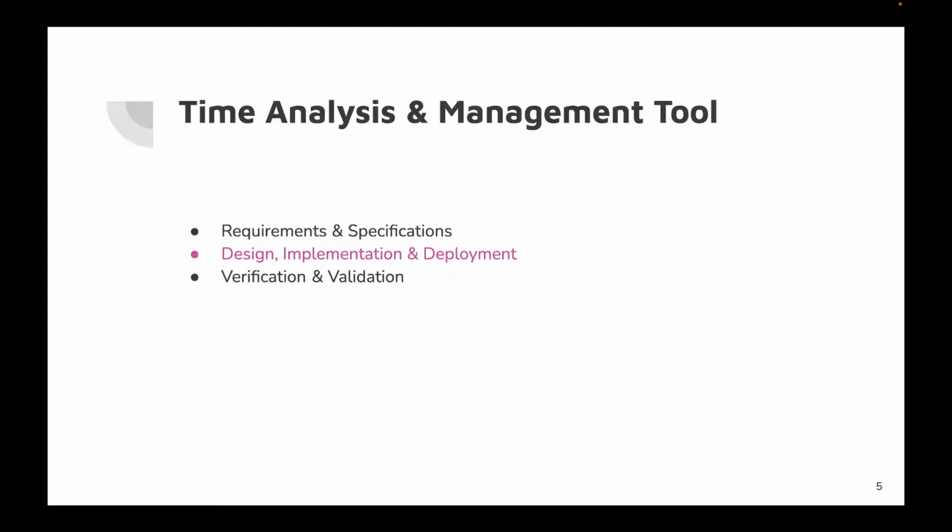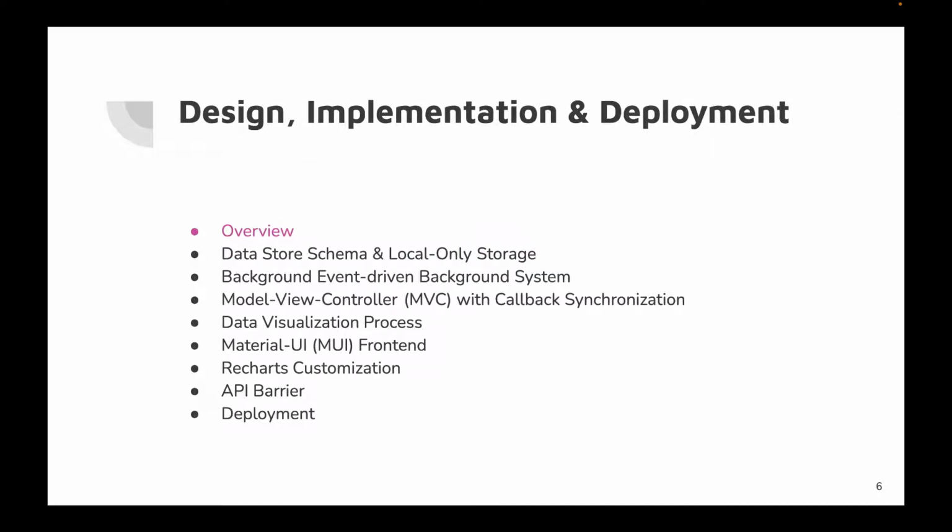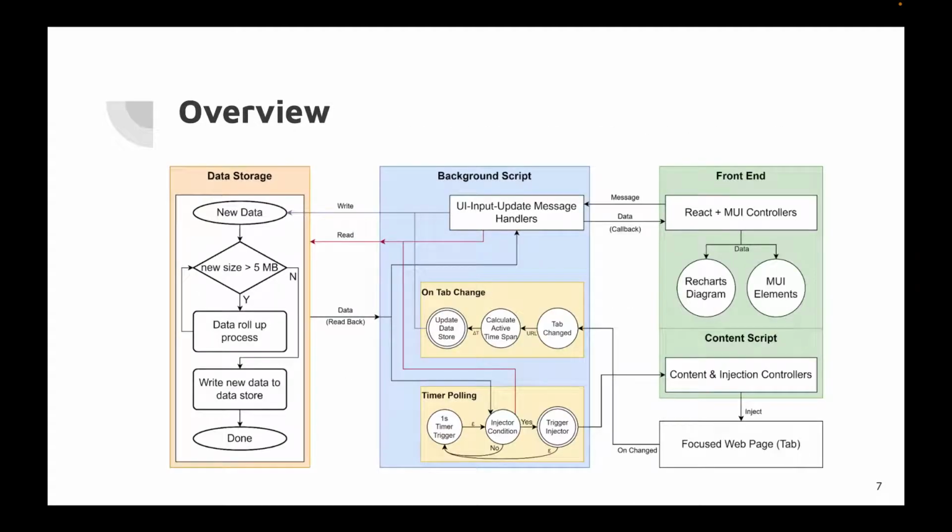Moving on to design, implementation, and deployment. We're going to take a look at the overview first. So we have broken down the extension architecture into 3 sections: storage, background, and front end. The data storage utilizes Google Chrome's own local storage API to store data in JSON format. The background script in turn contains time detection algorithm and all the feature logic, so it's the fundamental core to our software. Then we have front end,